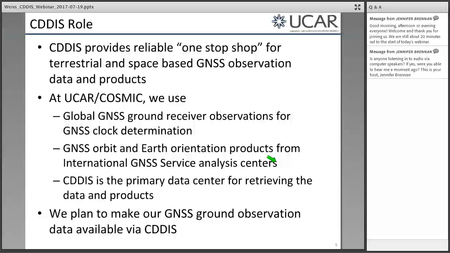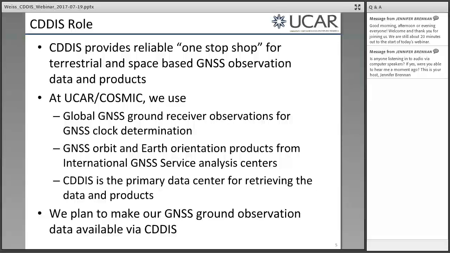Okay, so CDDIS does also play an important role, and we greatly appreciate the fact that they are a reliable one-stop shop for terrestrial and space-based GNSS observation data, as well as products. So we use different aspects of this. We use, as I just mentioned, the ground data. Many agencies around the world contribute GNSS ground receiver data, and we use them for GNSS clock determination in particular. We also get GNSS orbit and Earth orientation products,